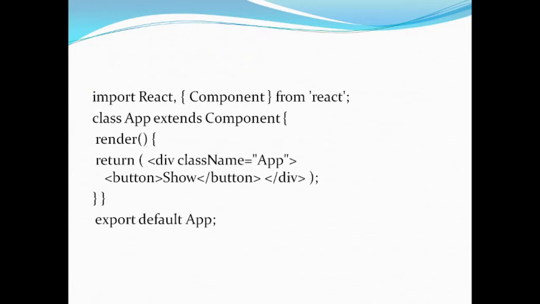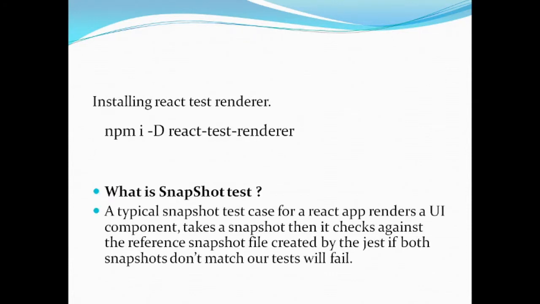If we look into a simple example with an app component, where at first it has a simple feature, a button, and we write a test case for it, it will create a snapshot internally. Then when we make some changes to our component and run the test case again, it clearly shows the difference between the previous test case and the current one, in terms of the snapshot output. To perform this snapshot test, we need a new React test renderer to be installed. So let us look into a first example.